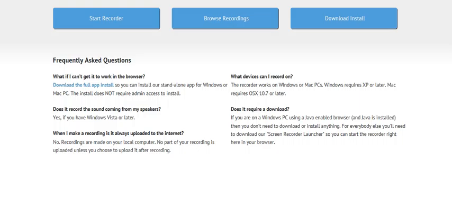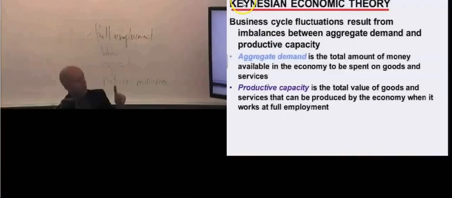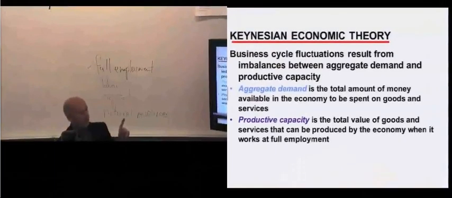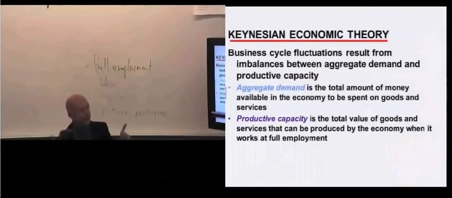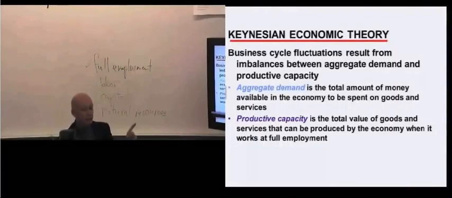Okay, so to get back on track here, productive capacity is the total value of goods and services that can be produced by the economy when it works at full employment. Theoretically, we could put a dollar value on that. What would all the goods and services be worth if the economy was producing goods and services at full employment? Okay? So, again, to back up,